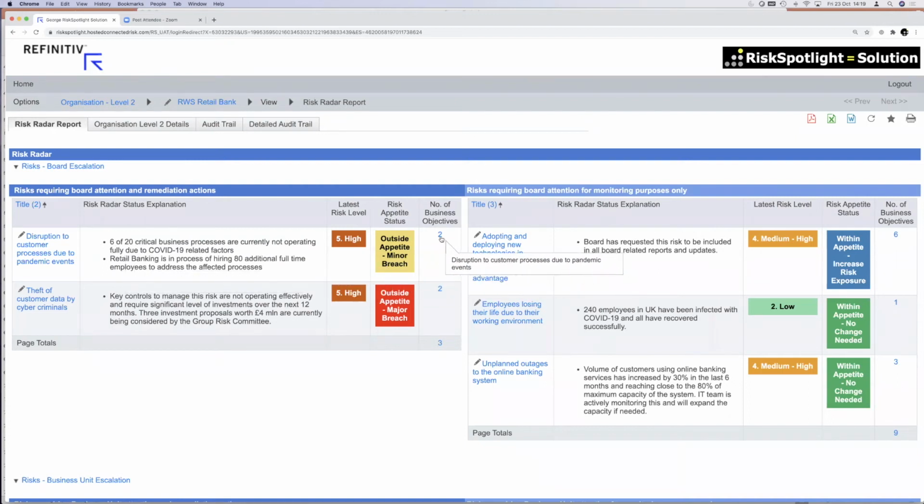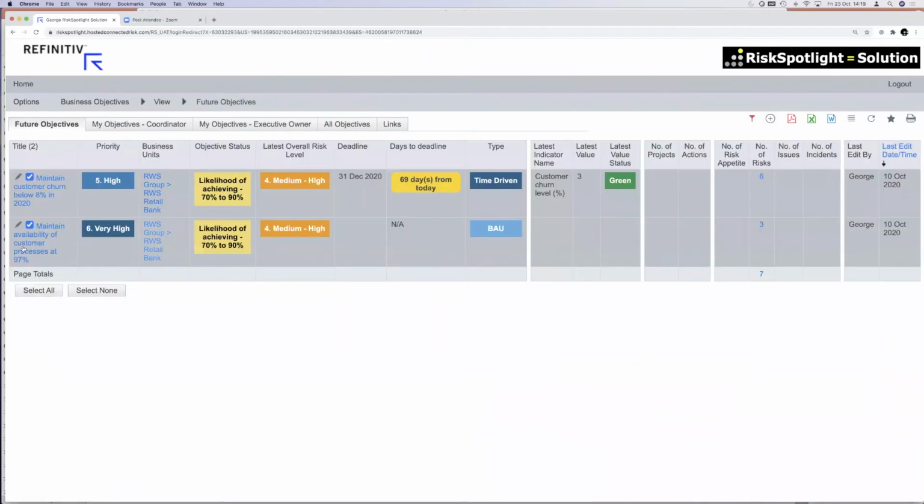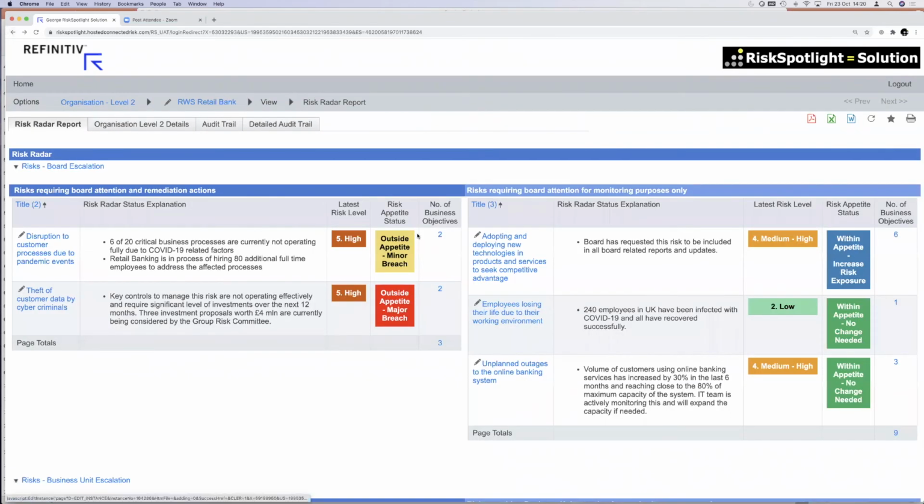But more importantly, I'm able to see the business objectives connected to that, because that's what the board will always be interested in. Right now, I've seen a lot of risk reports where we talk about the risk, but we don't talk about, so what does that mean for our business? Because we are running this business to achieve our strategy, to achieve our objectives. So this is that important element of linking risk and business together. I can click on the objective and see, if we are not good at managing that risk, which objectives we are at risk of not achieving by the end of this year. So I always have that connection between any risk on the radar and why it is important for our business.